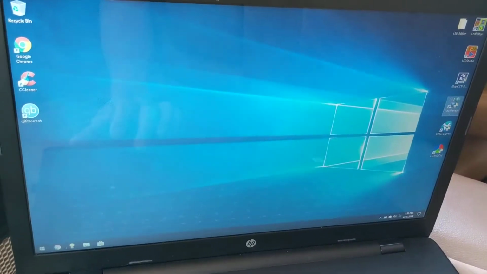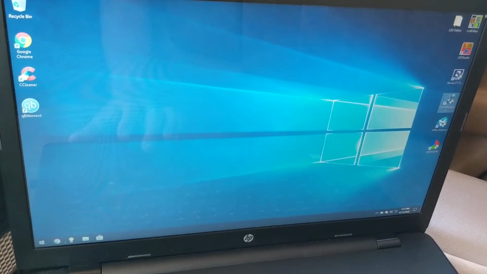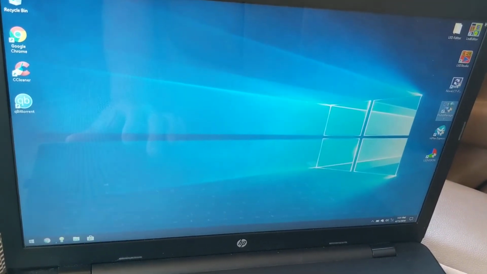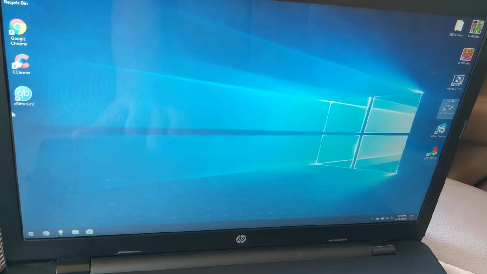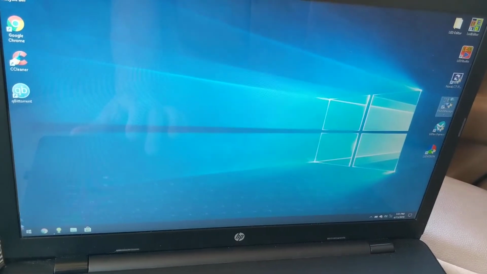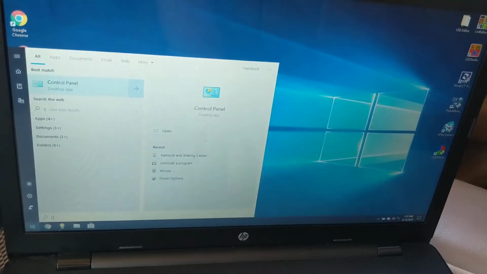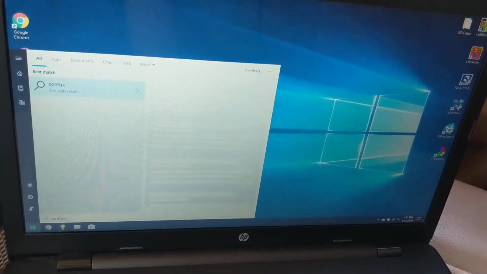Alright, this is a short video on how to program the Hollister signs. With this particular sign, this is the bottom sign. You'll want to change the IP address, and the way that you do that is by going to the control panel. So I'm going to type in control,